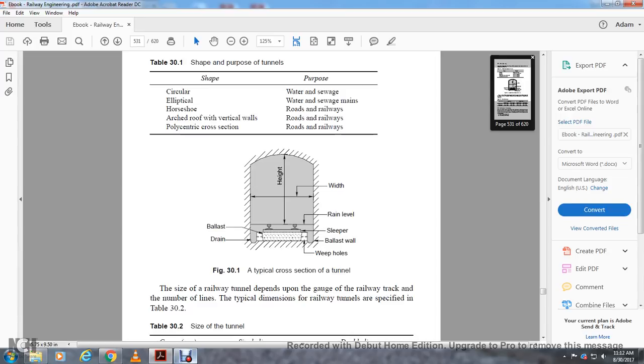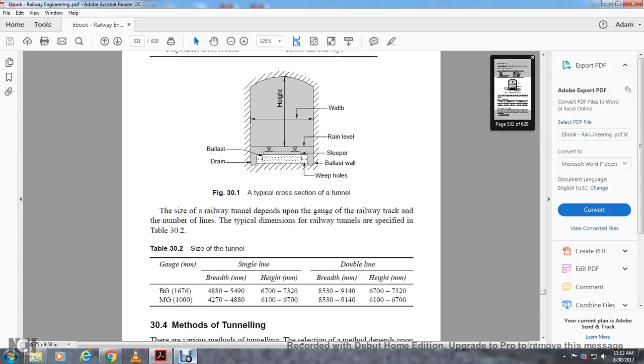The width of a railway tunnel depends on the gauge of the railway track and the number of lines. The typical dimensions of railway tunnels are specified in Table 32. Broad gauge, 1,676 mm: single line 4,880 to 5,490 breadth, height 6,700 to 7,320; double line 8,530 to 9,140 breadth, height 6,000 to 6,700.